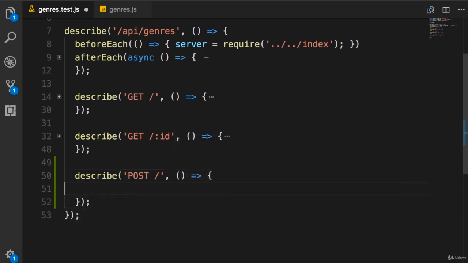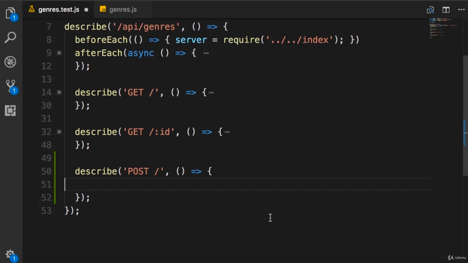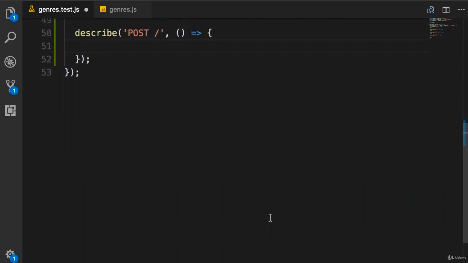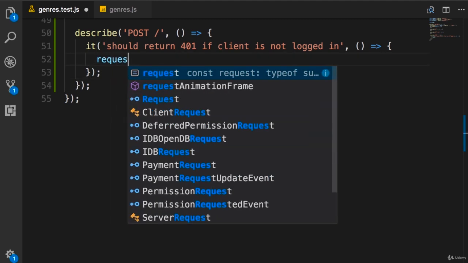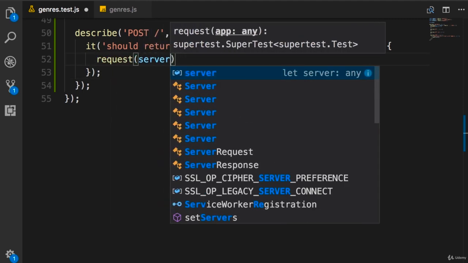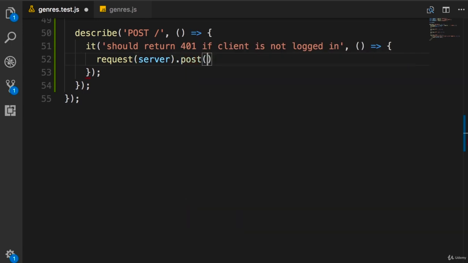All right. Now let's start with our first test. So first I want to make sure that this endpoint should return a 401 if client is not logged in. So we call the request function, pass our server, then post to this endpoint